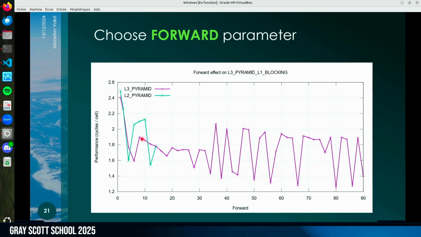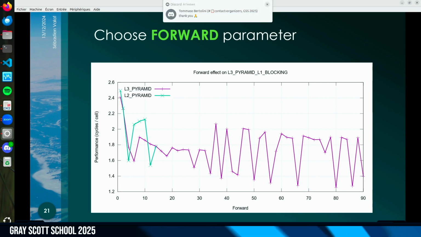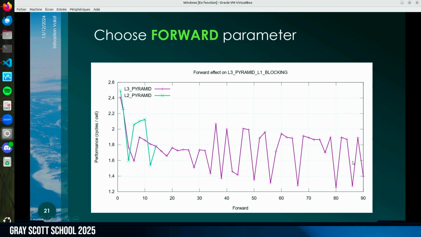And here you see that if you make only a few steps, so 2 steps forward, you don't win, you are quite slow. And it's going down, and it's not really stable, it's varying a bit, but still going down. And at some point, we don't win too much. There is a kind of resonance which appears. I don't know exactly why. Probably depending on the vectorization, if my blocks are too small at some point with the alignment. But we see that there is an optimal size. So here when I'm running L3 pyramid, I'm running at 90, so I'm a bit not at the top, but close, depending on which machine I'm running on.